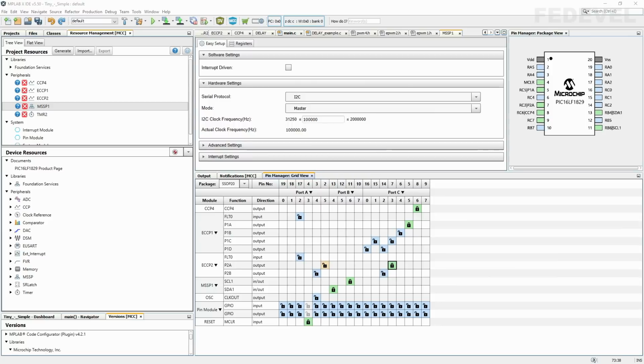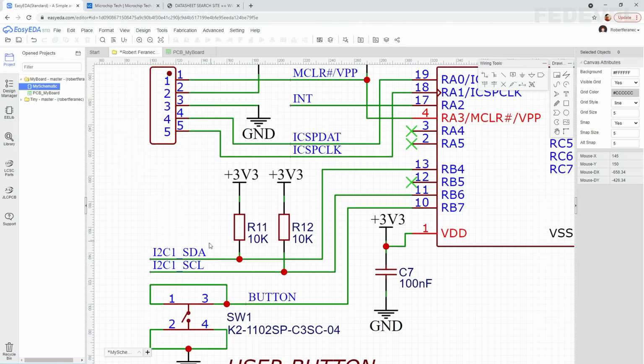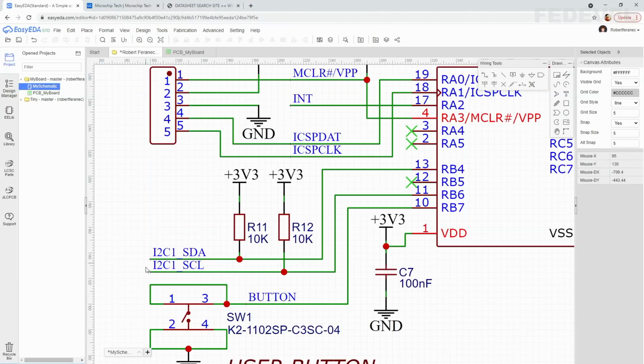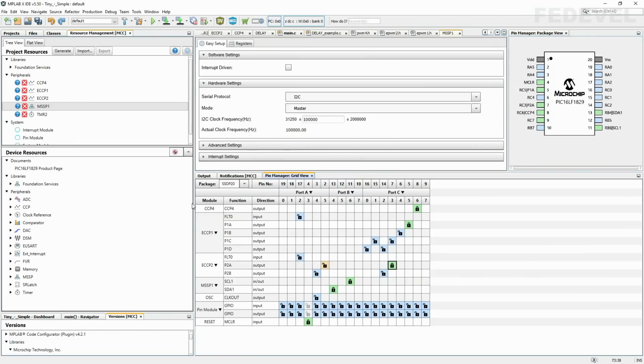If we open the schematic, SDA is connected to RB4, and the clock signal is connected to RB6, and in our schematic the clock signal is connected to RB6. Perfect. This means this pin configuration is correct, and it is exactly as we have it designed in our schematic.